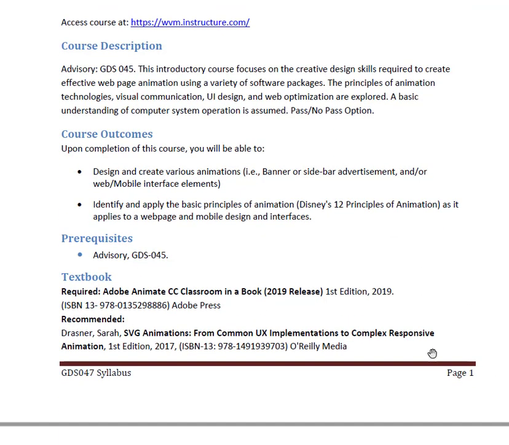animation. There are no prerequisites, but I do strongly recommend you take GDS045 because as we progress through the class, I will be introducing you to code, but it's not something that you need to know in advance. So early along, we'll be looking at CSS animations and transitions, keyframe animations using CSS, just so you know what that technology looks like. I'm not expecting you to master it. And then we'll take a look at HTML5 canvas and even a little JavaScript as we get towards the end